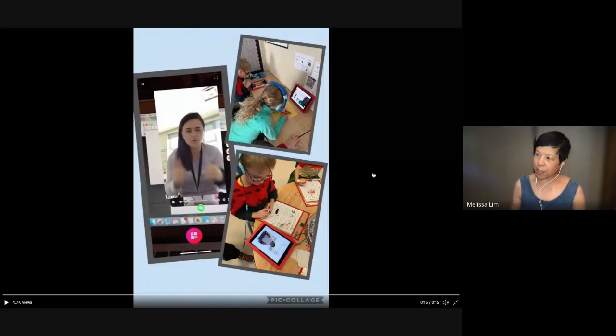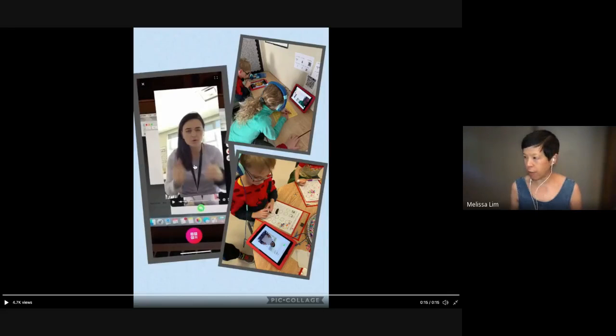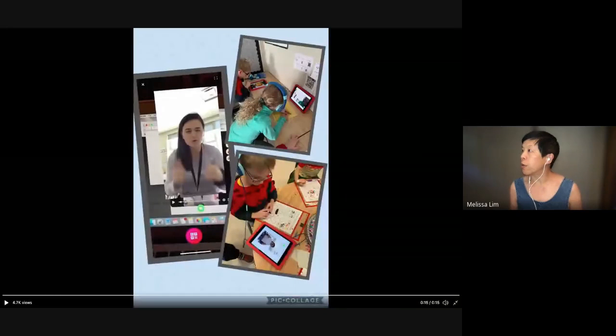So you can sort of see, if you look at the screen, you see the QR code in that top picture above the iPad. And so when kids scan that, it's actually going to this teacher giving directions in a French class. And so if I go back to our QR codes,